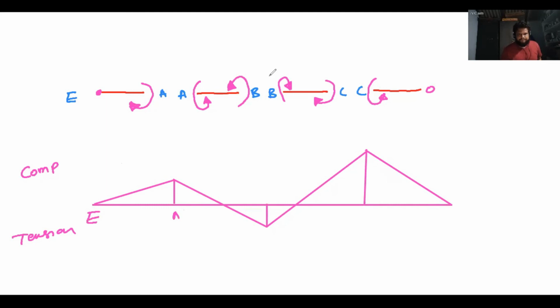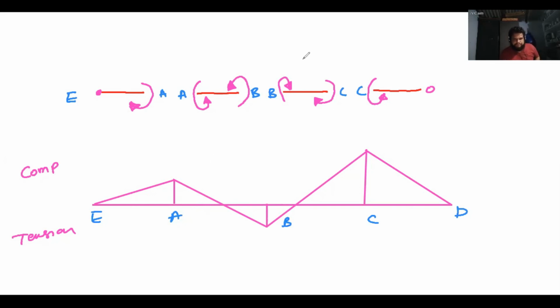Now you see, this is E, this is A. I will take another color so that there won't be any confusion. So this is E, A, B, C and D. Now you see in the EA and AB spans, there is no loading. So when there is no loading, there is no span moment. Here we won't get any span moment. Even the one written over there is also a negative moment. So this moment we have to consider.